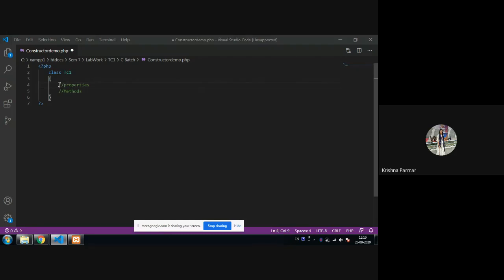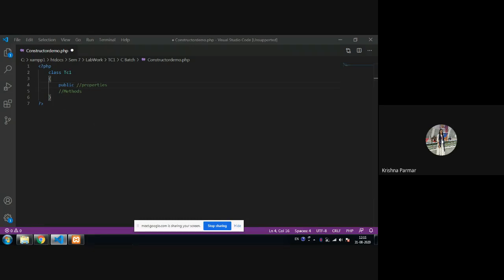Okay, fine. Properties means what in Java you call a data member or data variable. Whatever variable you are creating in your class, that is called the properties. How do you create a variable? For that, you first go for the access specifier like public, private, or protected. If you are using public, it is accessible throughout this file and everywhere.